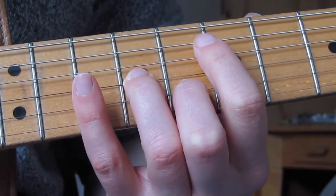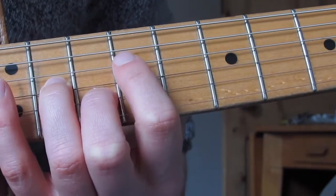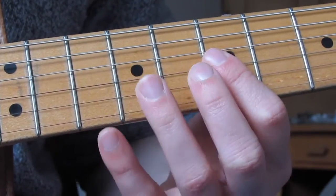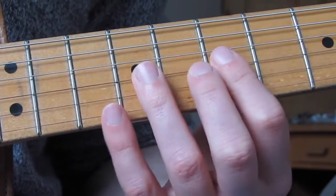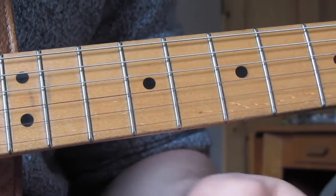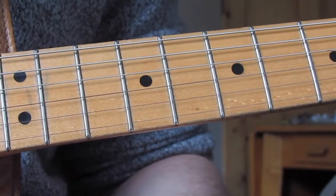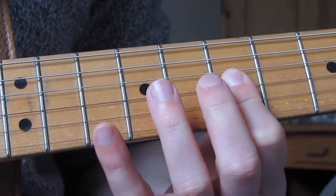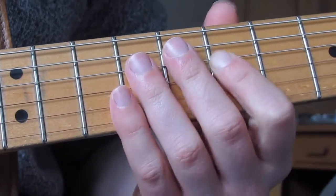Then I'm going to do exactly the same thing again, basically, for a whole other bar. I'm going to do the slide, re-pick that, then I'm going to play 8 and 9, 7 and 7, 8 and 9, 7 and 7, 8 and 9, 7 and 7. Okay, so yeah, I've already played obviously that little section through, so you can see me playing both bits together. But that's basically how it goes. So I'll do it a bit slower this time. So from the previous bar, basically, so it's...